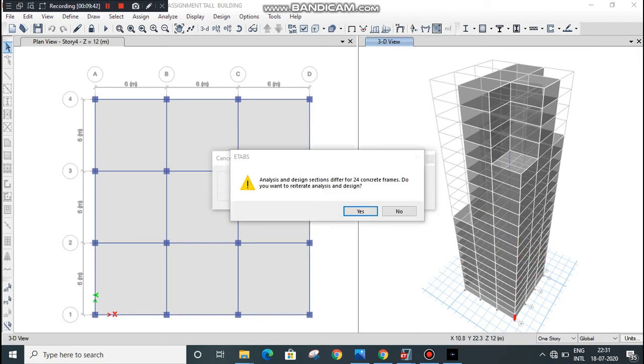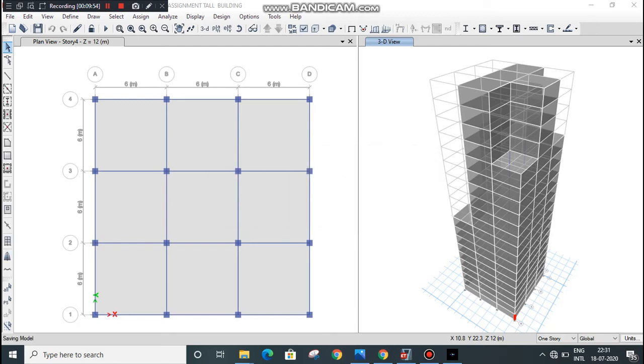Here you can see analyze and design sections differ for 24 concrete frames. Therefore click on yes to revise the column dimensions and beam dimensions. Click on yes.